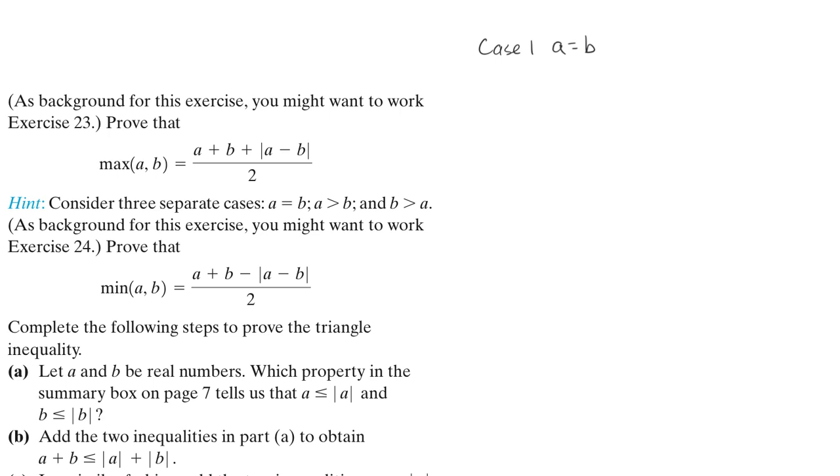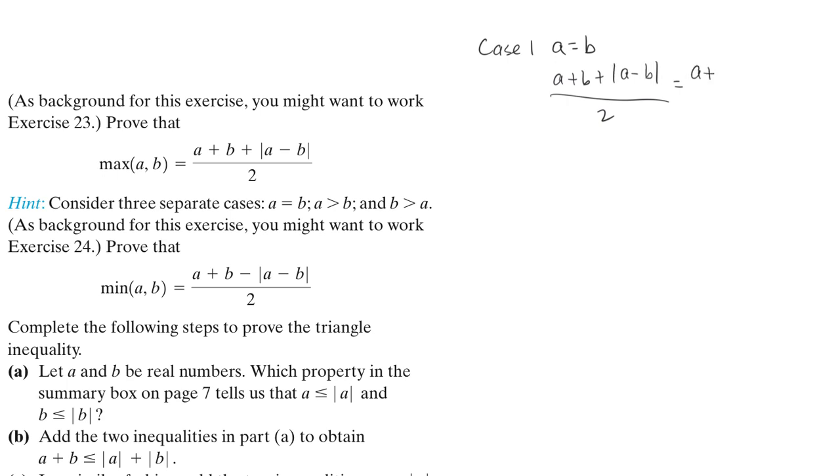So what would that be? That would be a plus b plus the absolute value of a minus b, all divided by 2. So a and b are the same, so I could have everything being a,